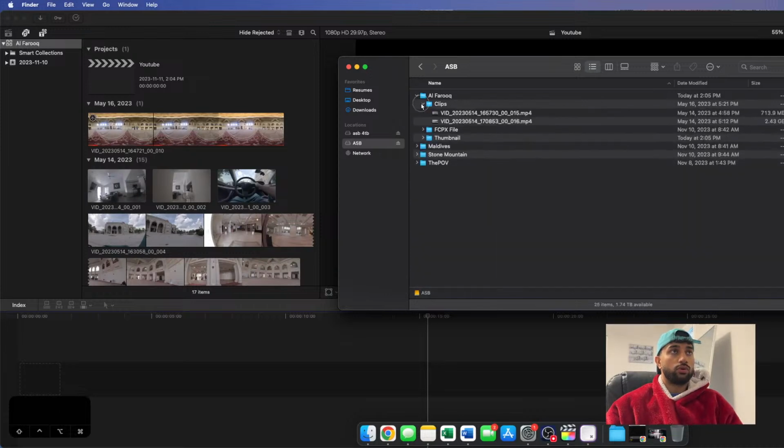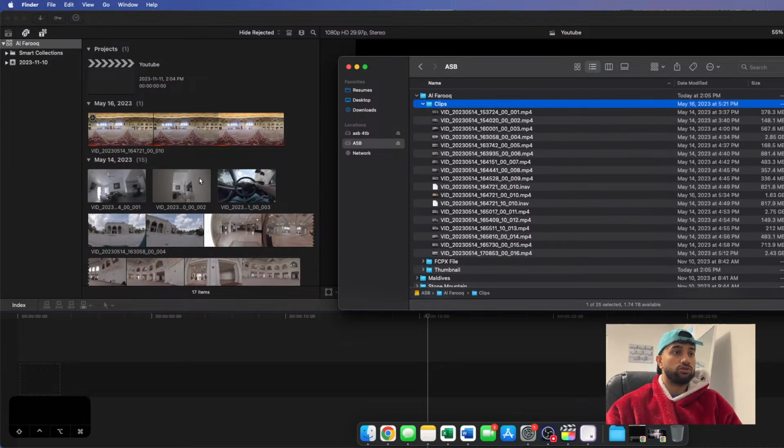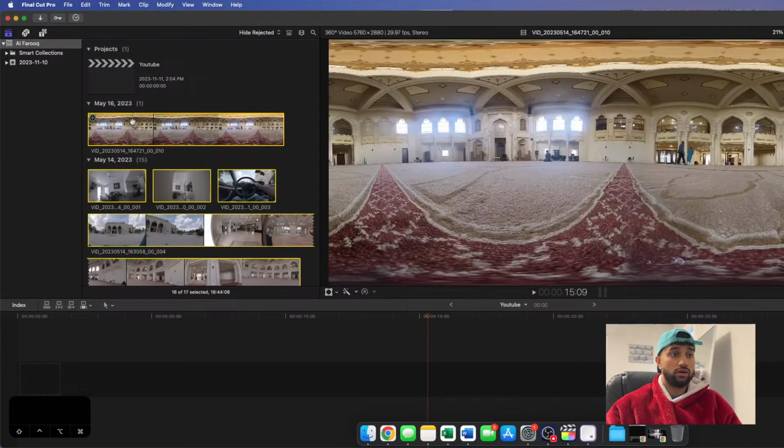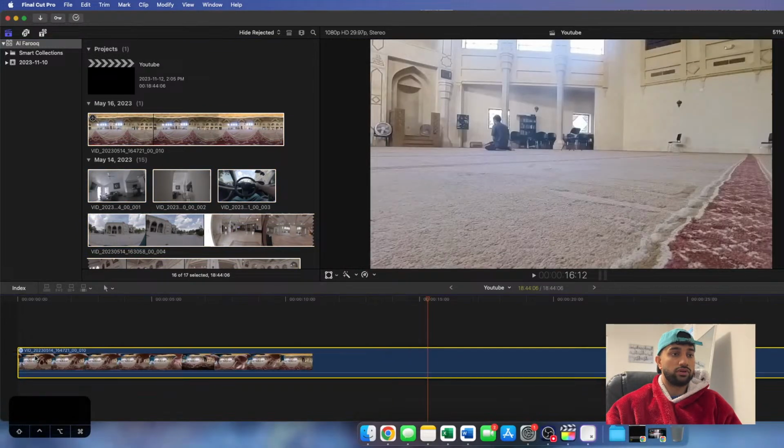Alright, so let's do this. What I normally do is take this folder and drag it in here and it'll work out. Then I'll Command A everything here and bring all the files in first, and later on I'll trim and go on what I want to do with that. So now what we can do is